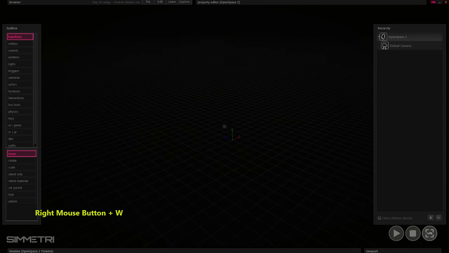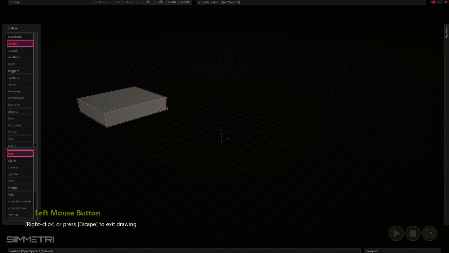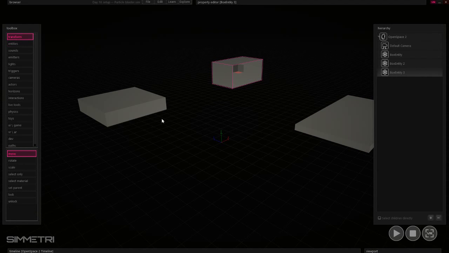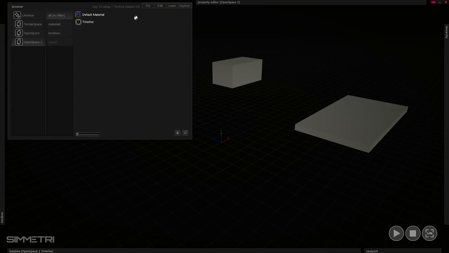So a particle emitter is the primary tool we're going to be using. I'll put a few things in the space just so you have a little bit of depth and reference here. We're going to put a particle emitter in the space, and so what you'll do is you come under emitters, and the node emitter we've played with, that emits, oh boy,